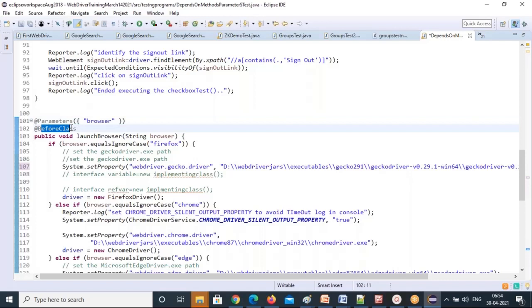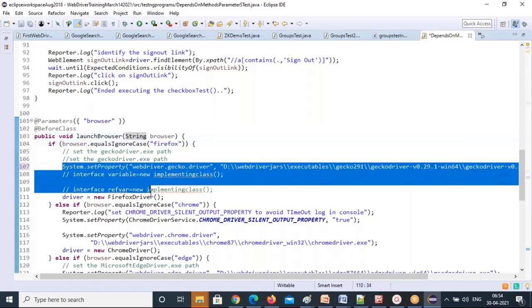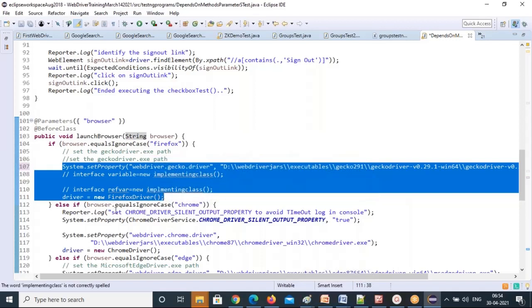Above the method, you write the @Parameters annotation, brackets, curly braces, inside you write the parameter name. Then the same parameter should come inside the method parentheses, String browser. So if browser.equalsIgnoreCase Firefox, I'm asking to execute this code. That's a nested if else I'm writing.